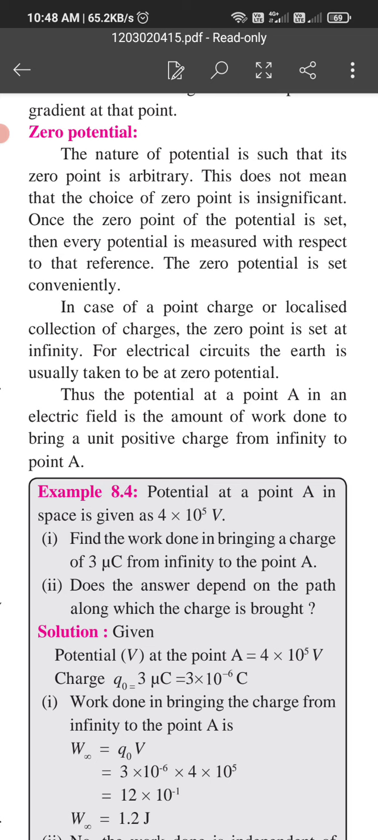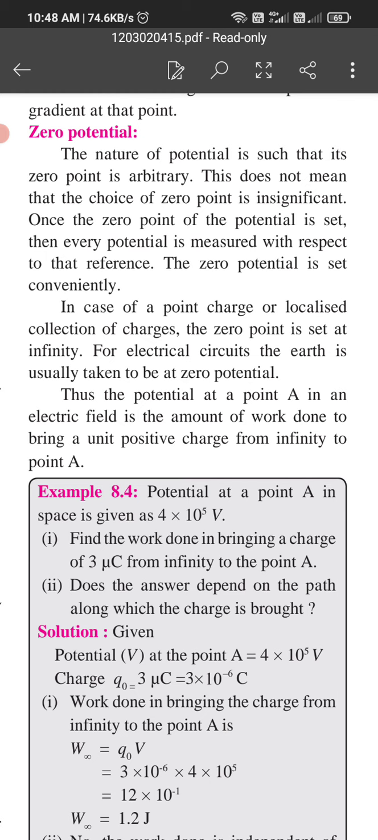So first we are going to write the given things. V at point A is equal to 4 into 10 raised to 5 volt. Charge Q naught is equal to 3 microcoulomb. We have to convert microcoulomb into coulomb, that is multiplied by 10 raised to minus 6. So work done in bringing the charge from infinity to the point A is